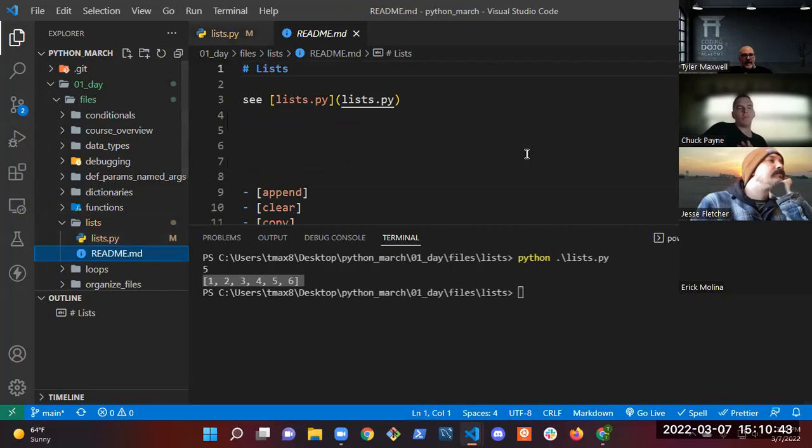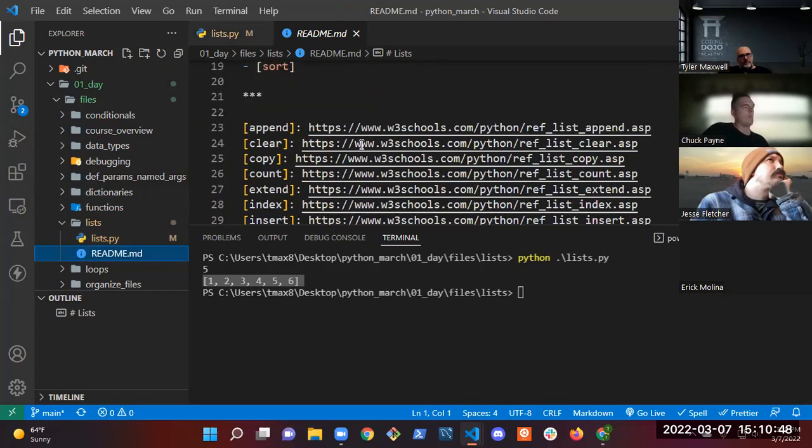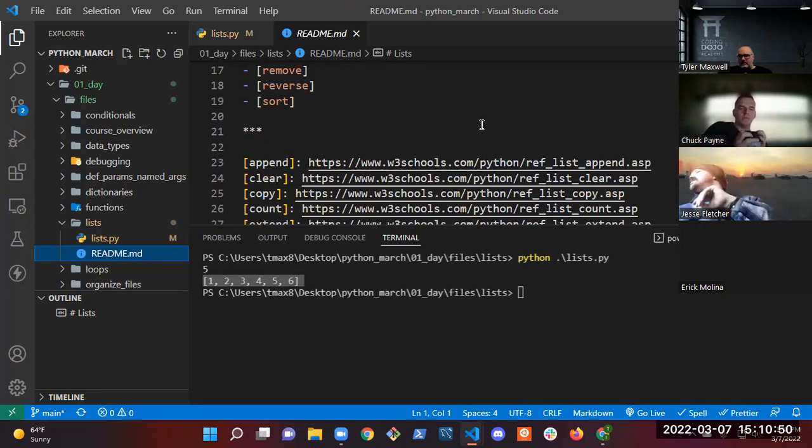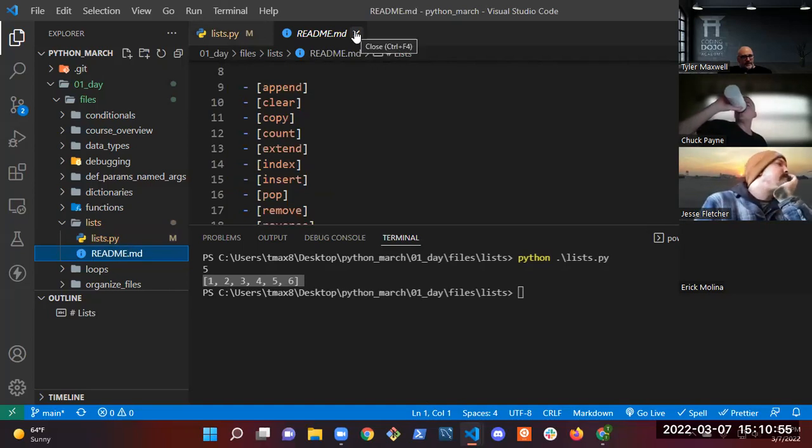And in the README, I have a link to not all, but some of the methods that are available on the Python list. So you can take a look at that when you're in your free time. Okay, so